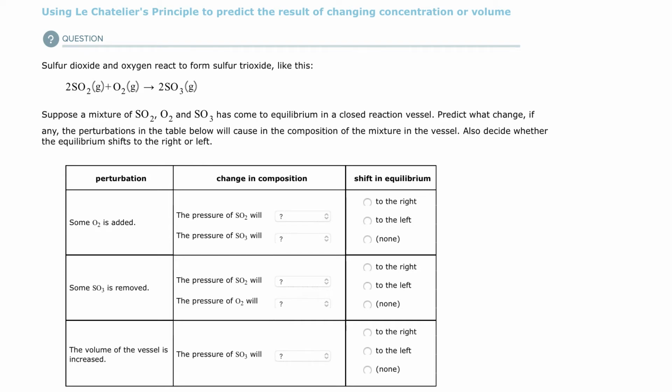Welcome back. This is an ALEKS training video on using Le Chatelier's principle to predict the result of changing concentration or volume. Le Chatelier's principle is dealing with disturbance, and in chemistry that's called perturbation. So if you perturb someone, you bother them, you disturb them. So if you disturb a reaction that's at equilibrium, then what will happen is that temporarily, for a very brief